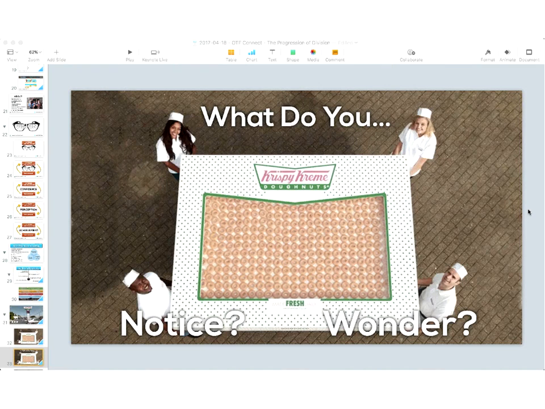So I'm going to end the notice and wonder on the Game Show window, and we can see quite a few others as well. We see someone has noticed an array that helps them see that there's more than 100 donuts. Someone's wondering if there's more than one level. And we see someone with how much does it cost, how many calories are in one donut. So lots and lots of really interesting pieces here.